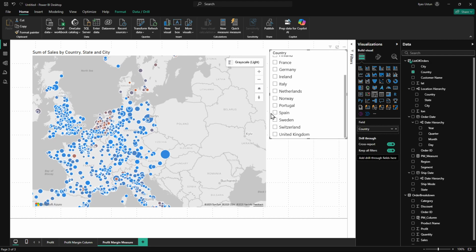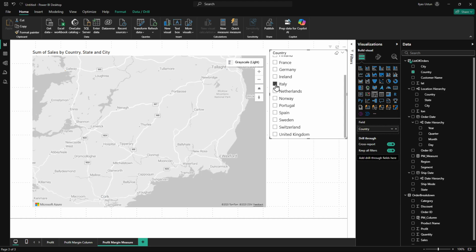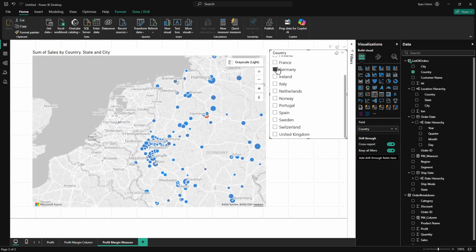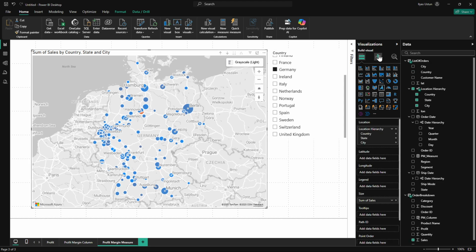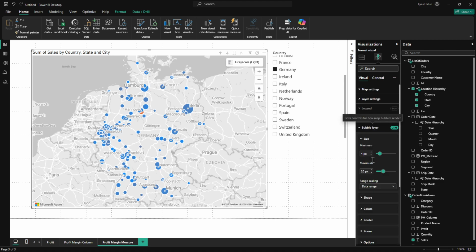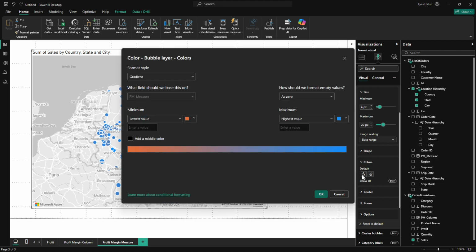So if you're selecting countries like this, and if you want to make better sense out of the different countries, we need to standardize this. How can we do that? Well, when the map is selected, go to Format Visual, go to Bubble Layer, go to Colors, hit FX. So this was our rule here, right? We are using the PM measure. Lowest value is orange, highest value is blue. Now, instead of that lowest value, let's make that custom and let's make the same thing for the highest value as well. So let's say,